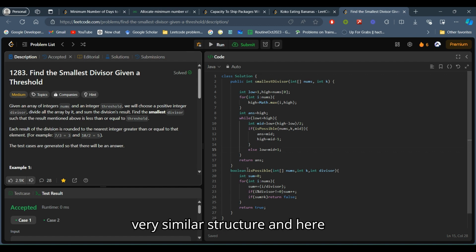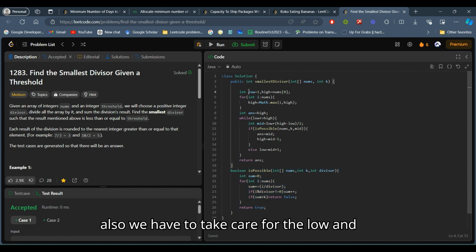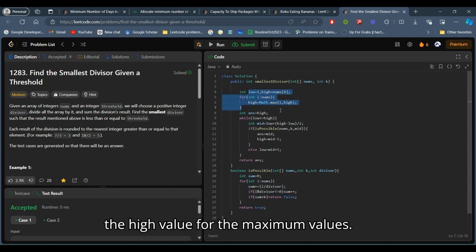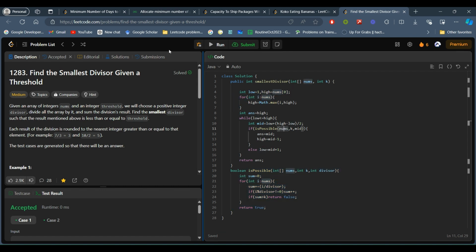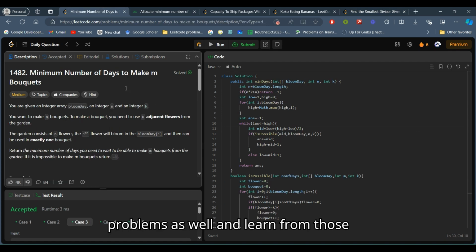Here we can also see a very similar structure, where we take care of the low and high values for the maximum. So we can check all these problems and learn from them, and they are very beneficial for understanding the category of binary search on answer problems.